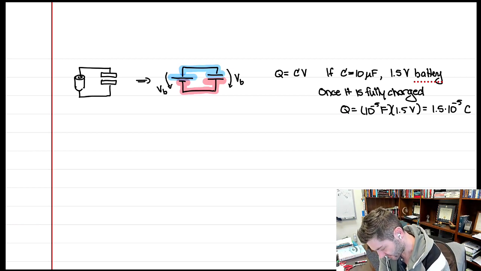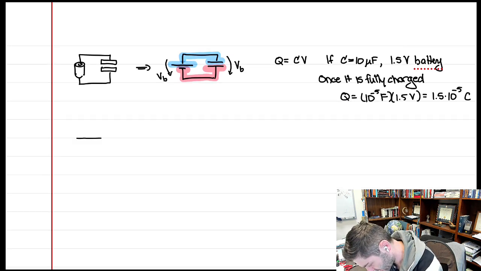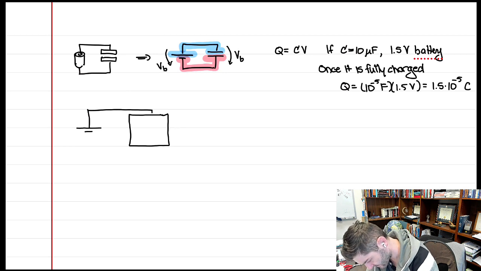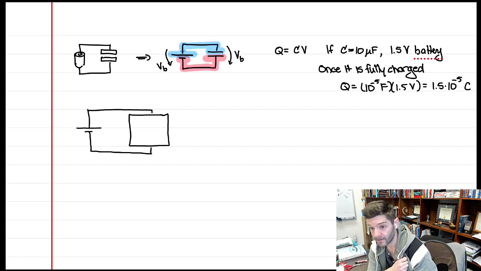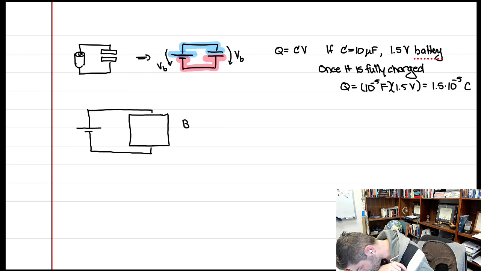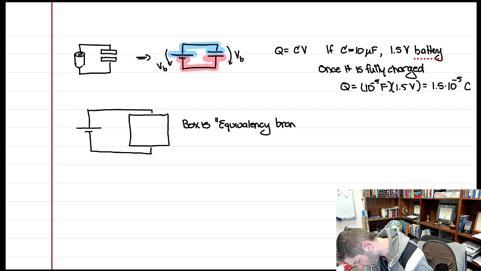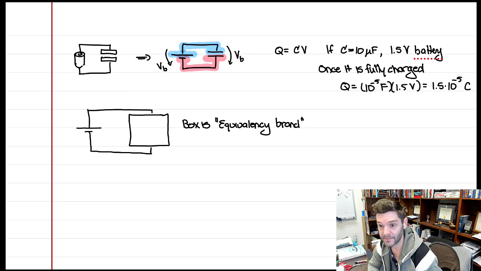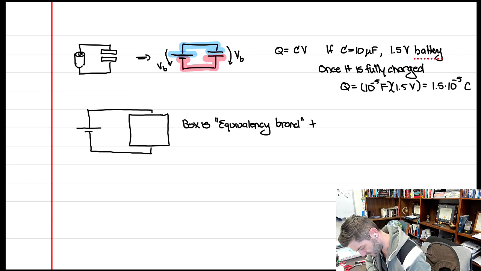So now imagine the following. I have some battery which I will hook up to this box that I have. I have this big old box that I bought from the store. And there's an in terminal and there's an out terminal. So I connect the battery to this big old box. And on the box is the equivalency brand box. So the company is named Equivalency. So it's an equivalency brand box where they claim